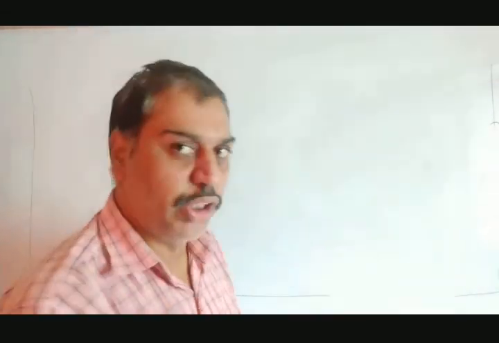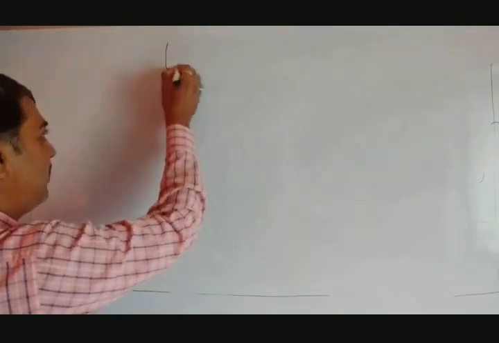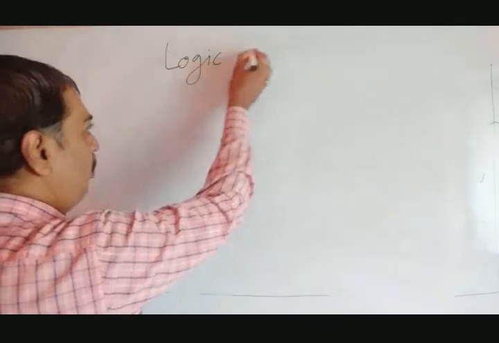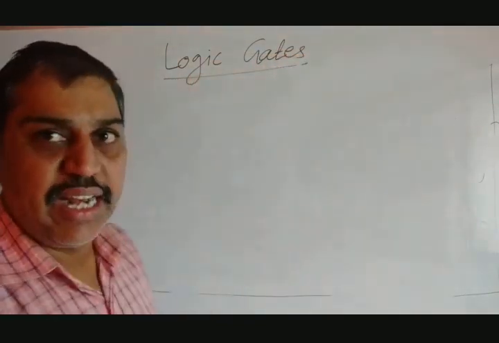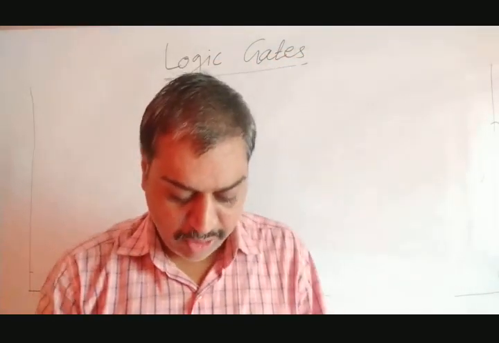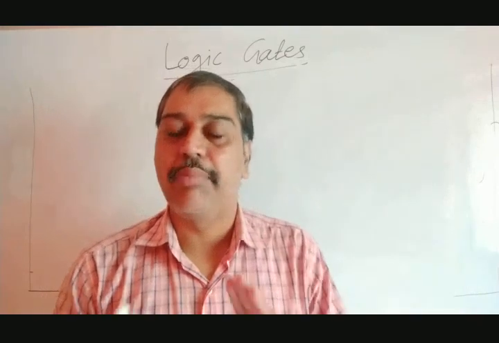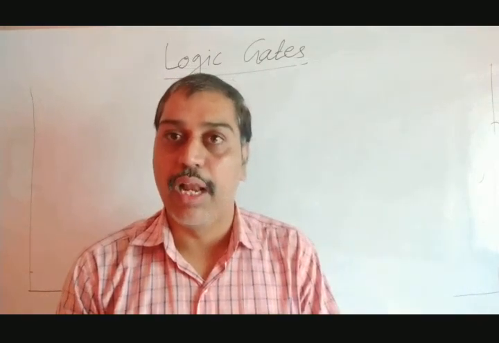The next part is what? It is this part, up to this amplifier. We have learned transistor and that was finished. Now let's go further. The further part is nothing but logic gates. What exactly a logic gate is, that we have to see. So it is logic gates. Now remember, whenever you see anything, we'll try to find out the logic behind that. What is the logic behind that thing, that we always want to know.